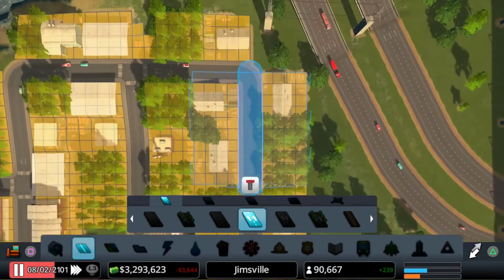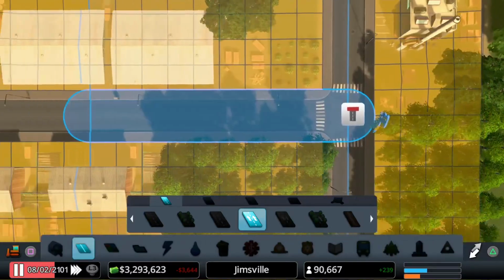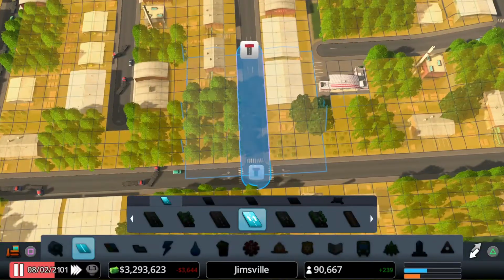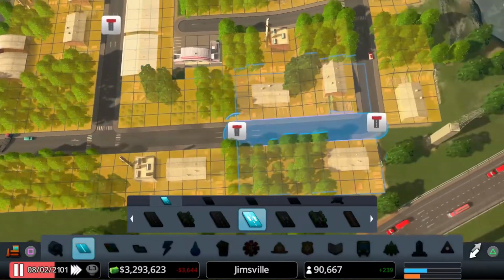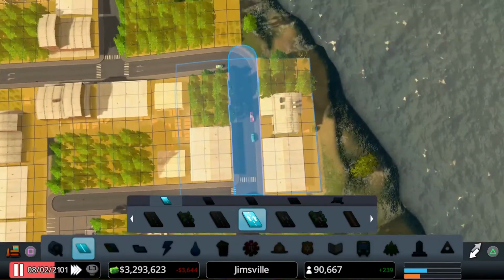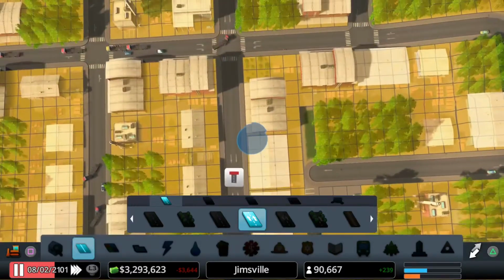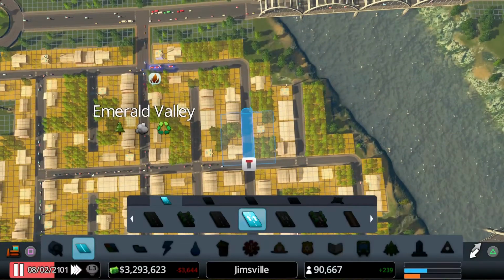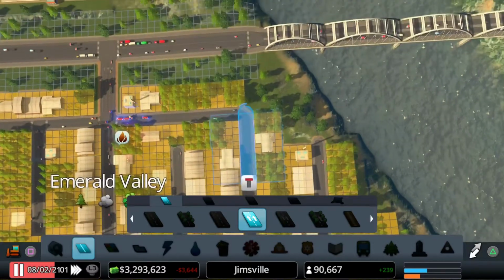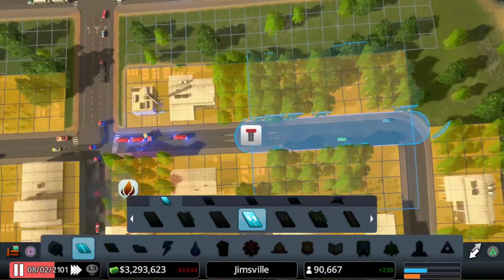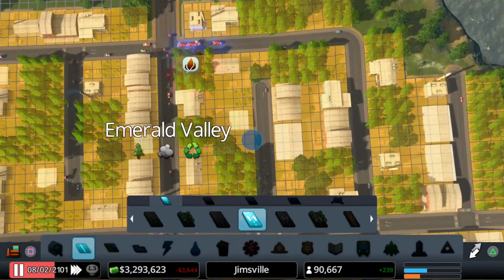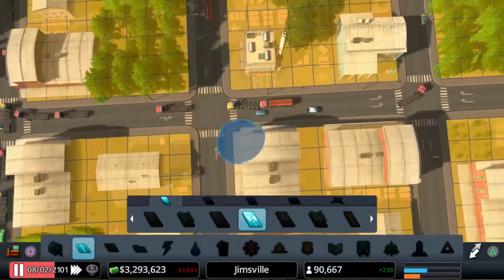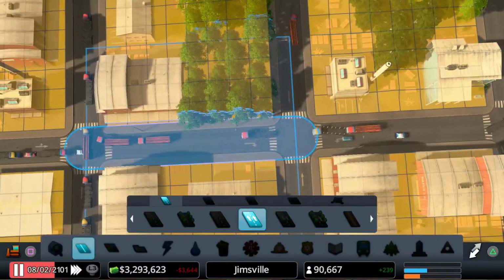This is my concern at the moment. That's going the right way. Flip that. And then let's bring that one down and around that way. And then that needs to flip. And so does that.